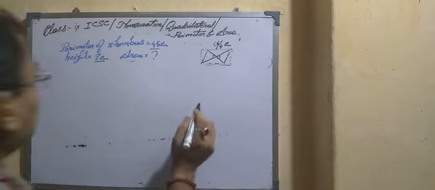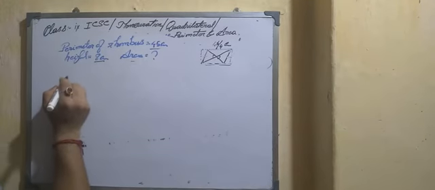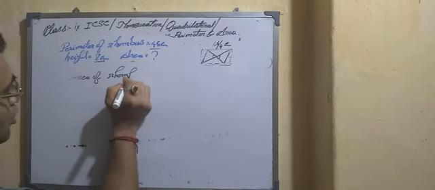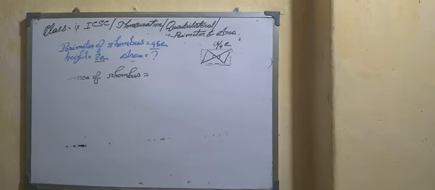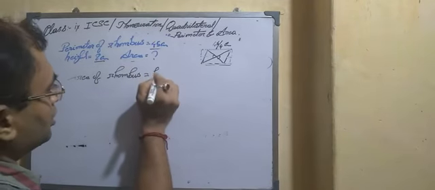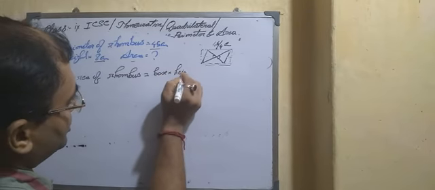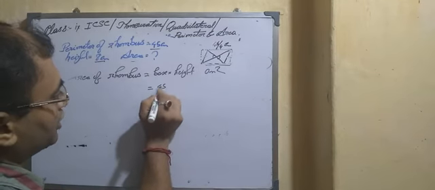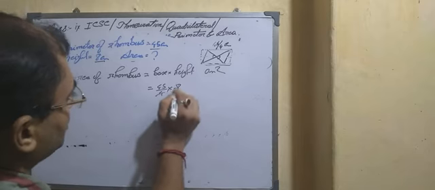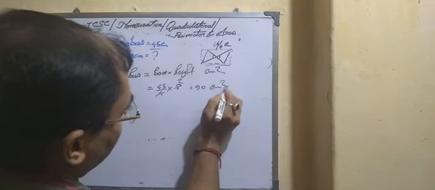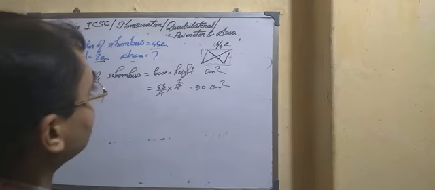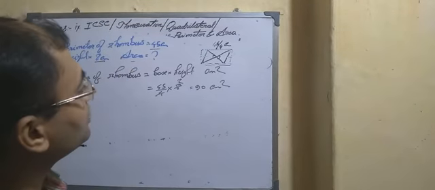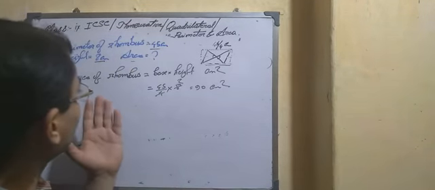Okay, so therefore the area of rhombus will be equal to base into height, centimeter square. That means base means 45 by 4, height means 8. That means 90 centimeter square. If your diagonal was given, that time we use that formula. But in this case, side and height are given, so we just use this formula.